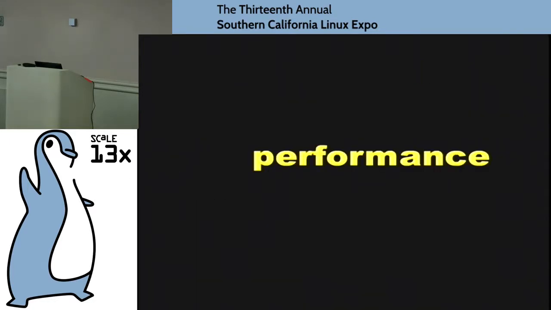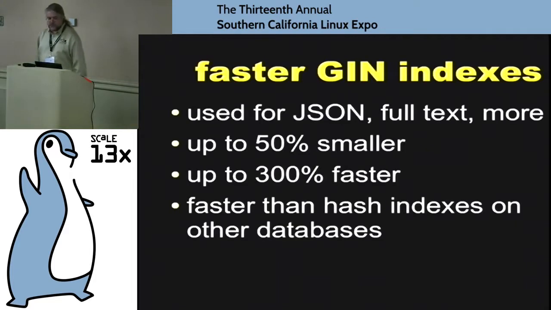Maybe some of you. And it would not be a PostgreSQL release without a whole bunch of performance improvements. One of the biggest ones is that we've sped up our GIN indexes, primarily Alexander Korotkov, I believe, sped up the GIN indexes by making them smaller and faster. So up to as little as half the size, as much as 4 times faster, to the point where you frequently may want to use a GIN index.